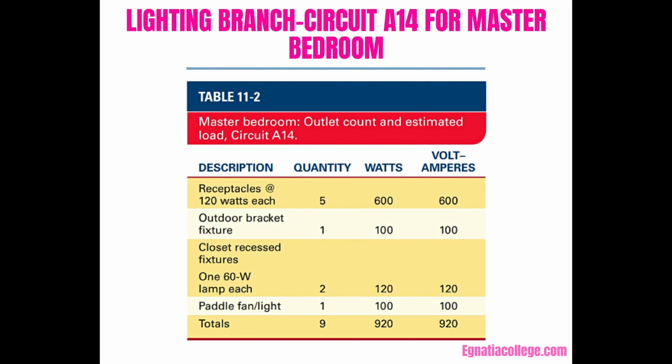Lighting branch circuit A14 for master bedroom. The residence panel schedules show that the master bedroom is supplied by circuit A14. Because panel A is located in the southeast corner of the basement workshop, the home run for circuit A14 is brought into the closest outlet to the panel. This would be the receptacle located in the hallway between the front and master bedrooms. Again, it is a matter of studying the circuit to determine the best choice for conservation of cable or conduit